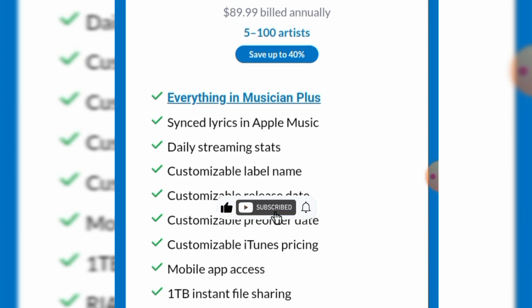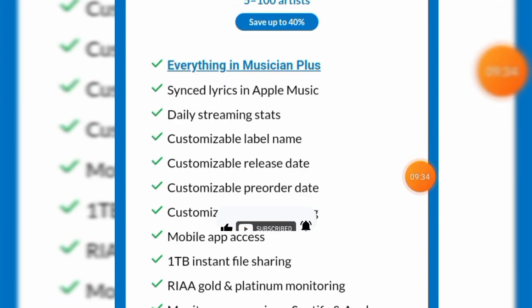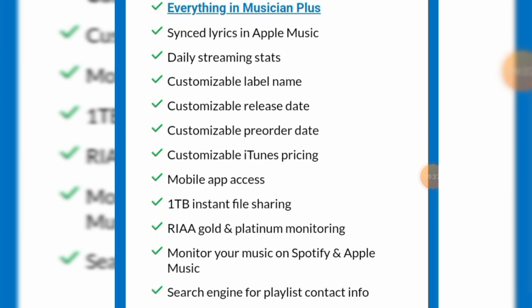It also gives you the ability to monitor your music on Spotify and Apple Music, which I would say is not actually included in their Musician Plus plan. It also gives you the ability to get playlist content. So I'm going to say this is more about getting your song playlisted. For those of you that may want to get your song placed on playlists, stuff like that,